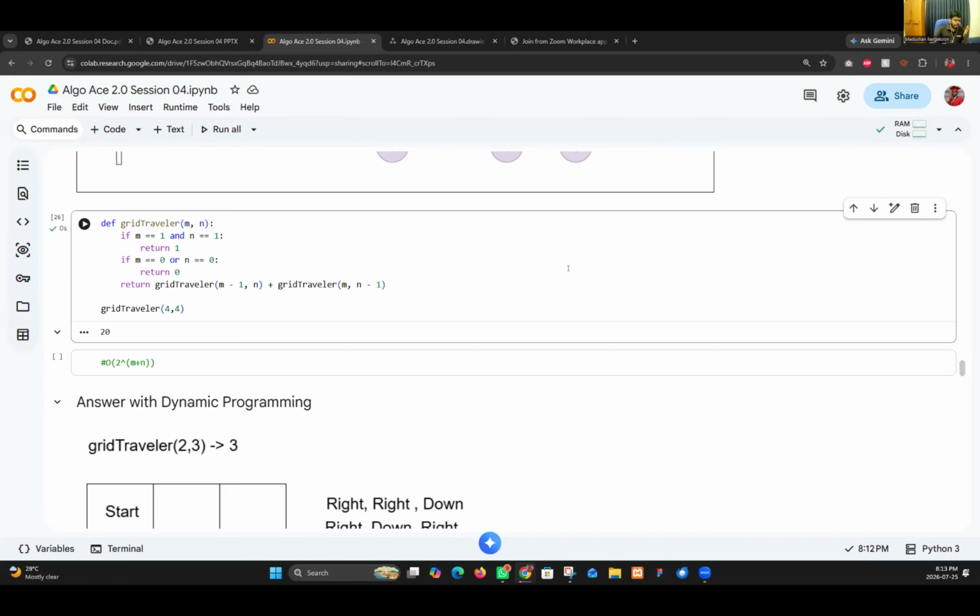By using the pattern, you can find out what the 5 by 5 will be. So try it. For the 4 by 4, it should be 20.